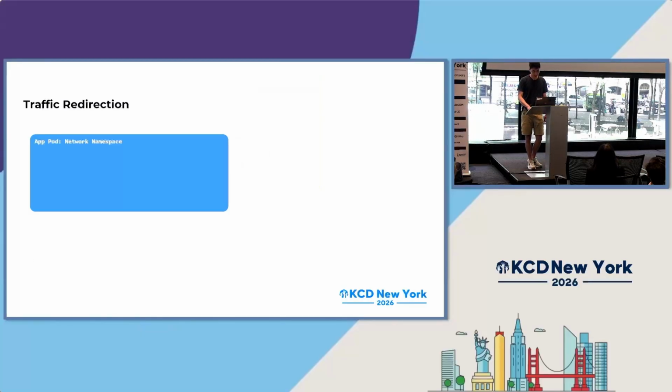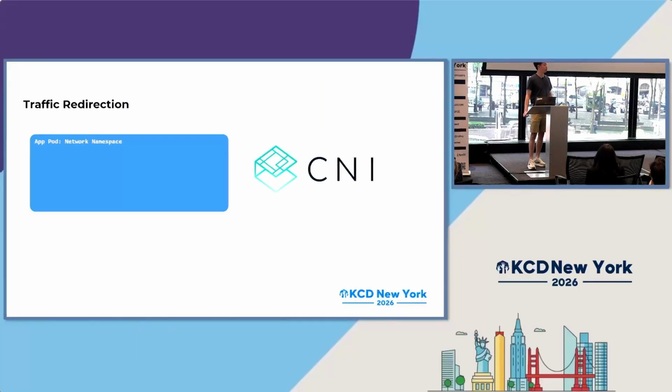So the network namespace is usually set up by something called the CNI. When most people think CNI, I would imagine that you think of Flannel, Calico, or Cilium. These are all daemon sets that live in your cluster, and when a pod is created, Kubernetes will call out to your primary CNI, Calico, Cilium, Flannel, and their job is to set up your basic networking interface, loopback, assign them IP addresses, and create the routes so that traffic can flow from pod to